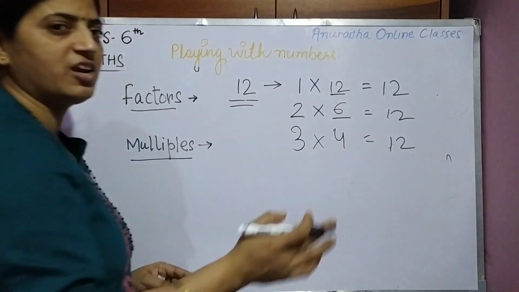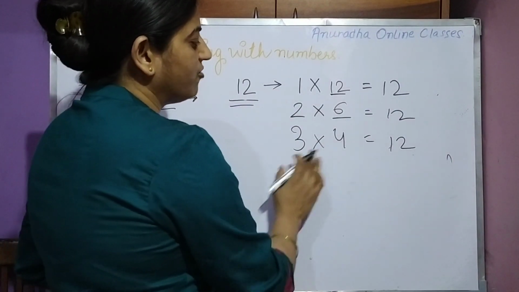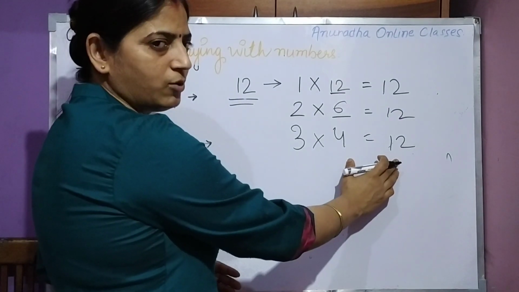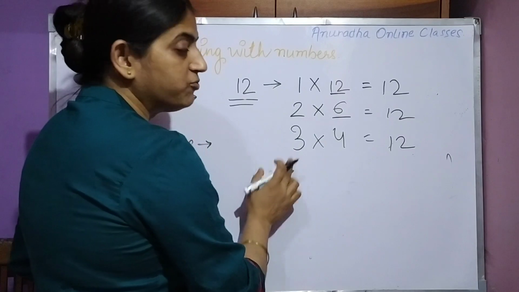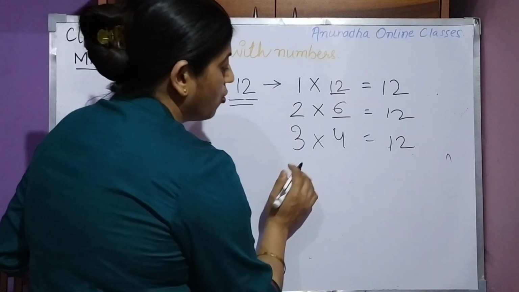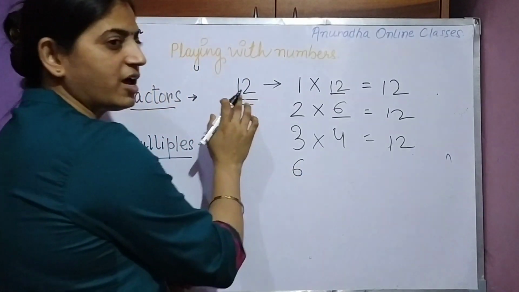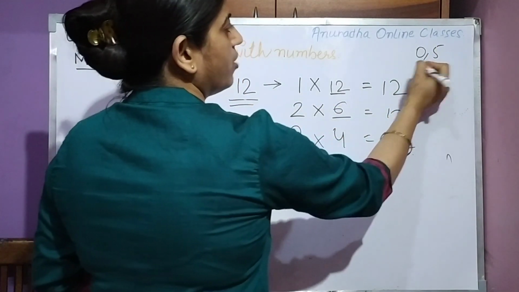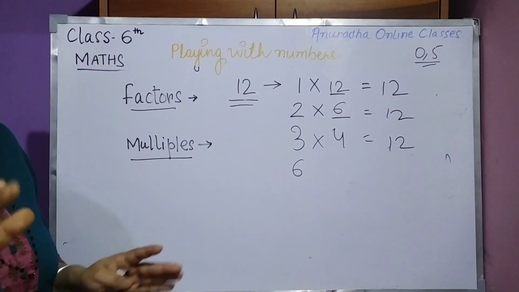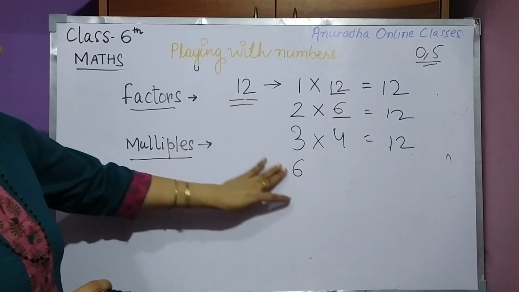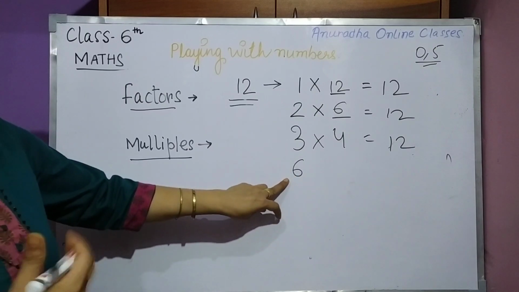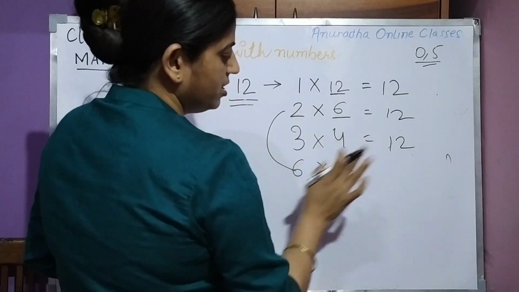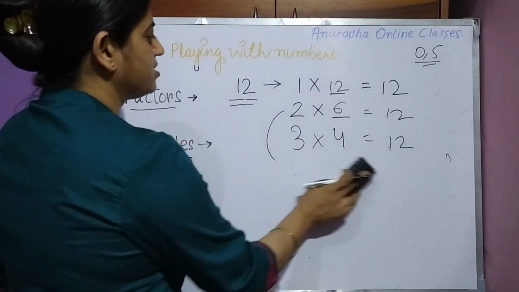4 is already written here, so no need to do it again. Why? Because 3 into 4 or 4 into 3 will be 12 only. Now come to the next. After 4, what is the next? 5, then 5 से तो नहीं जाएगा. Unit place is 2. 5 से कौन कौन से नंबर डिविजिबल होंगे? 0 and 5 अगर यूनिट प्लेस पे होता है तो. Otherwise, no. Now see, 6. Again we come to that same place, the same number, so no need to write this.